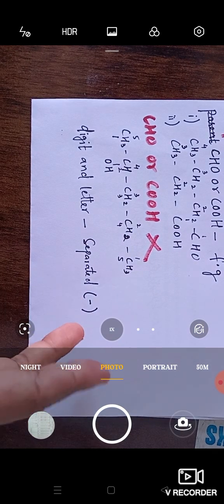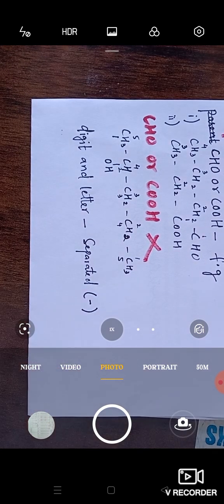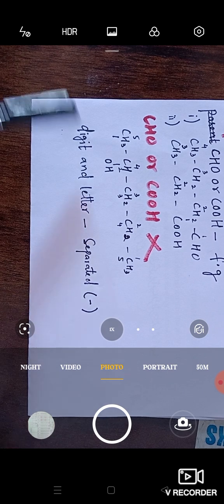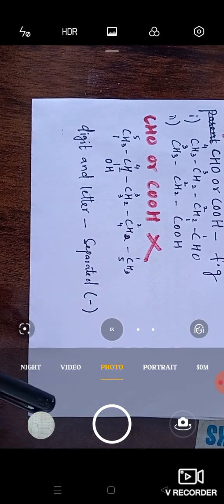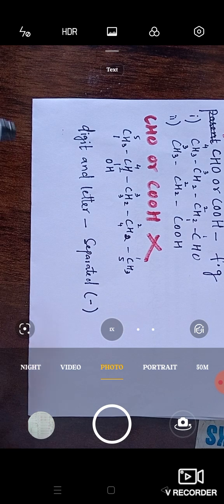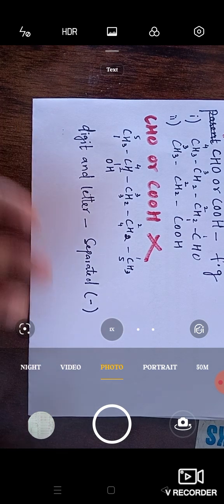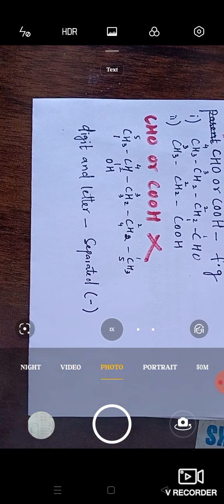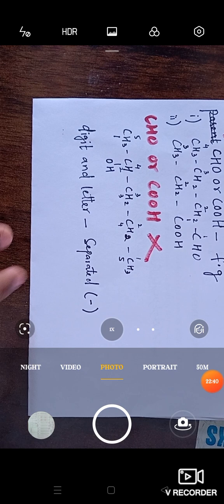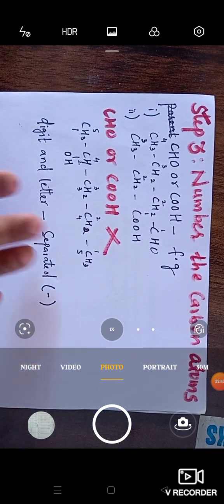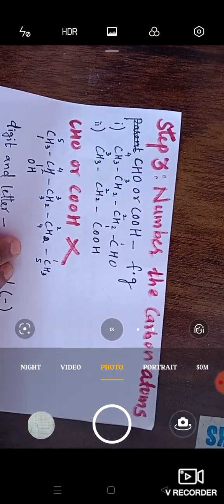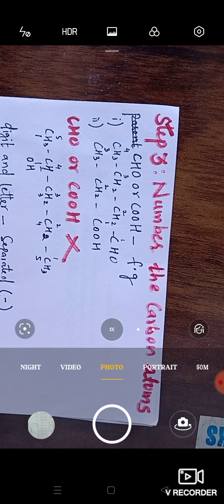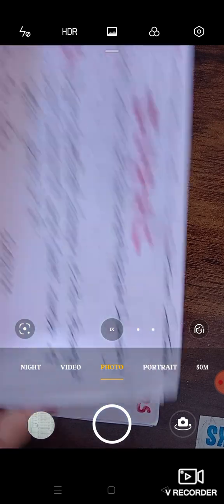If the carbon chain contains only 2 carbon atoms, then we don't need to give the number. If we give number from any direction, it will be the same. So if there are 2 carbon atoms, no need of numbering the carbon atoms. If there are more than 2 carbon atoms, then we have to give the numbers. So we have learned 3 steps. Let's revise it, and in the next video we will do the examples of